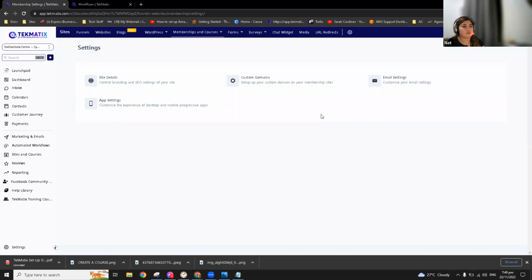So Nat, what does PWA stand for? I forgot what it's called, but I think it's a web something. Hang on, let me check. Yeah, progressive web apps. It basically means websites that we can turn into an app on your phone. Right, because that's how it functions when you put in your custom domains.